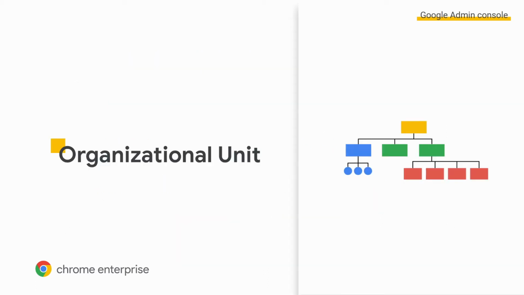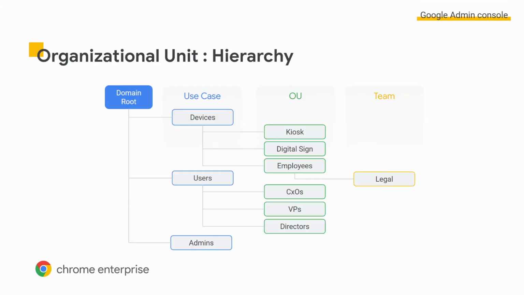About organizational units. We can see here an example of an organizational unit hierarchy. An important point is about users and devices. The best practice is always to have a specific branch for devices and another one for users or population. If a company needs to use multiple use cases, it's important to create a separate OU for each use case